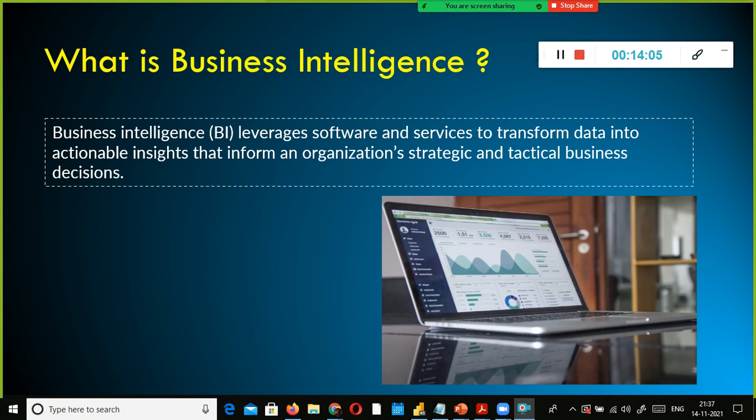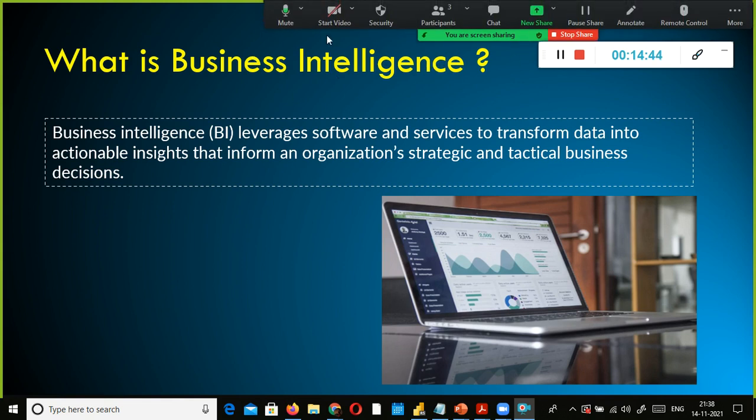It is something like, if somebody says, I'm a BE student, BE is an umbrella term, right? Bachelor of Engineering. Under BE, you have many streams like computer science, ECE, mechatronics, mechanical. Those various streams are there. BE is the umbrella term. Likewise, business intelligence is an umbrella term. Under business intelligence, various BI tools are there, like Power BI, Tableau, and many other tools like Qlik Sense. But now let us understand what this umbrella term is all about.